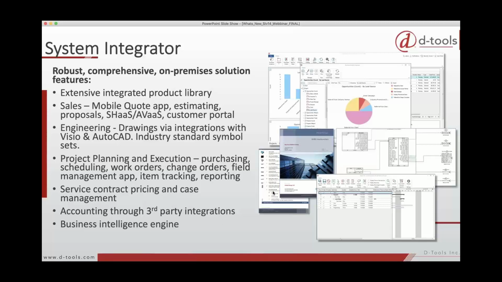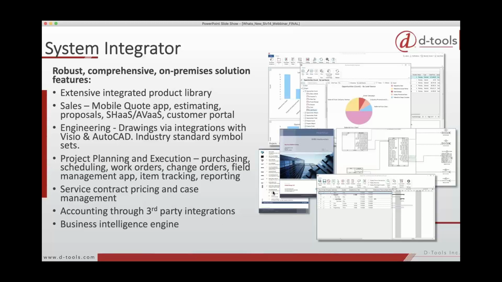Then that same information can be leveraged around project planning and execution. Because we're tracking things by location, by system, by phase, and we've got that install time, you can use SI to schedule out installation tasks, manage your field teams, generate service orders, and all of that information that happens out in the field can be tracked and logged and brought back into SI so you can measure estimated versus actual